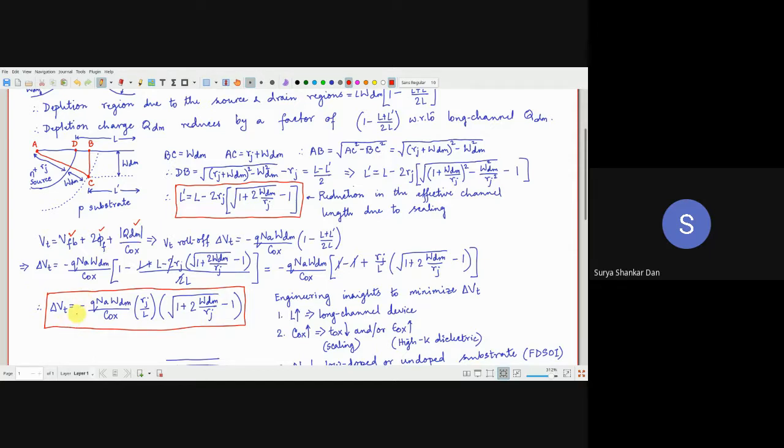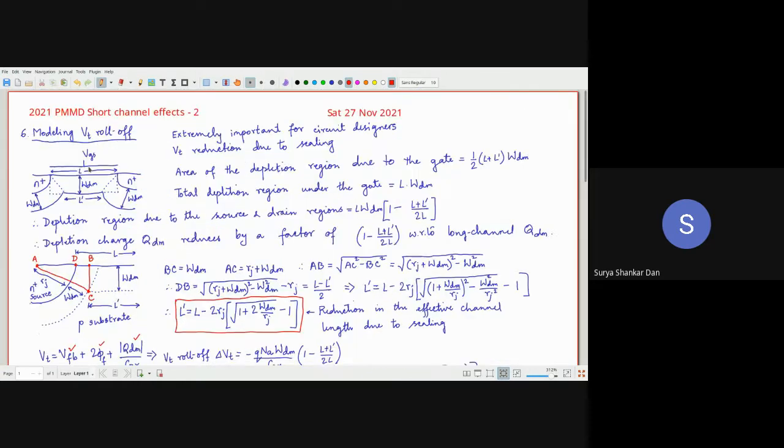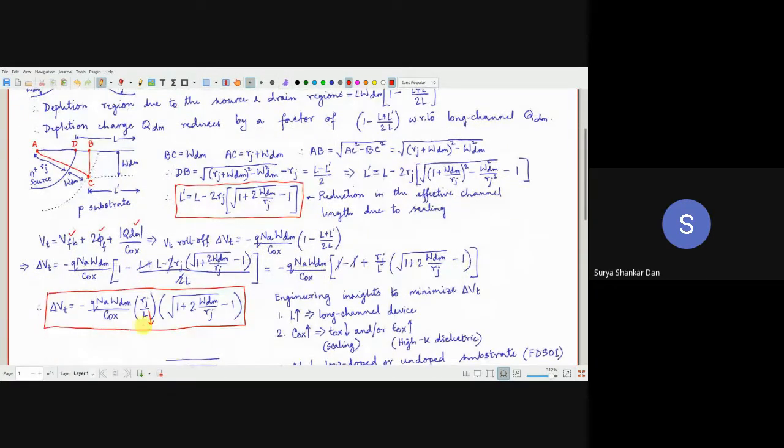Now, if we are just dealing with the physics perspective, as we did in the previous lecture, what did we understand from there? We understood that if you are scaling the technology and the gate length L decreases, what will happen? You see L is in the denominator, so delta VT increases. So that means the VT roll off or the threshold decrease. So the effective VT will be VT minus this delta VT. Actually plus delta VT, there is a minus here itself. So VT reduction will happen by this factor.